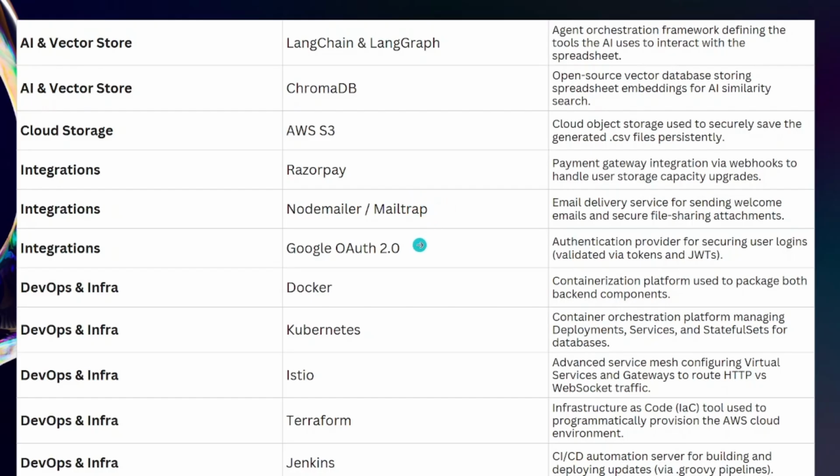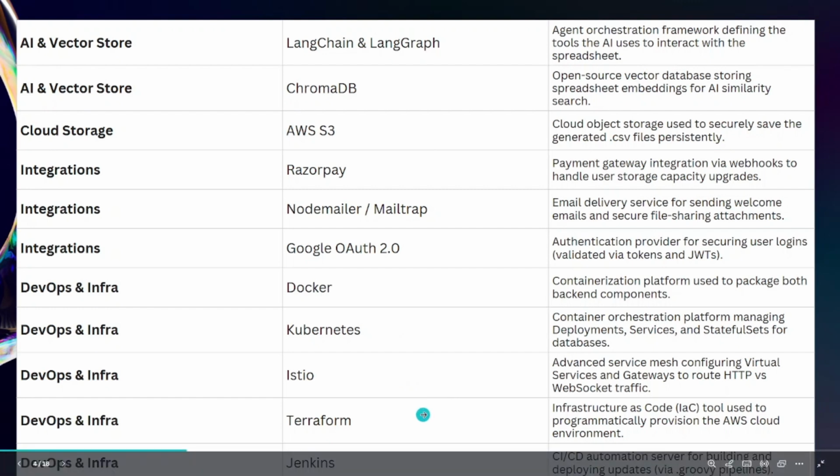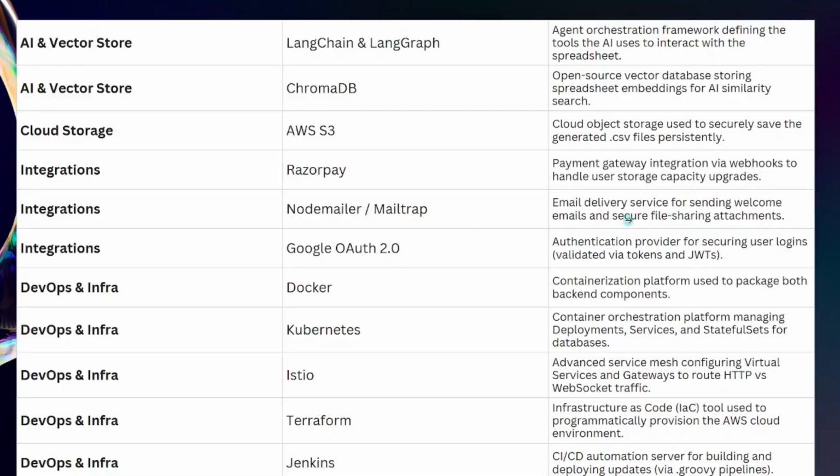I used Google OAuth for authentication, Docker for creating container images, Kubernetes for container orchestration, Istio for service mesh and real-time monitoring of my deployments and services, Terraform for creating the entire infrastructure with only one command, and Jenkins for CI/CD purposes. So this was all the tools I used for creating my project.